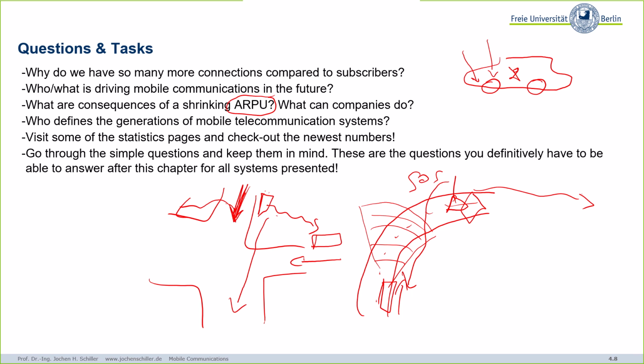There are sometimes, as you also answered, some technology-driven generations, like the change from IP version 4 to IP version 6. That's technology-driven. So the IETF, the standardization body for many of the internet protocols, came up many years ago, already in the mid-90s, with a new version of the internet protocol, version 6. There was also version 5, but it was skipped. So after IP version 4, version 6. So there was the technology, but as long as no one adopts the technology, well, it takes some time.